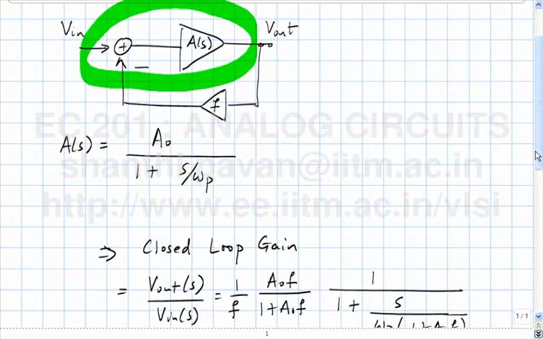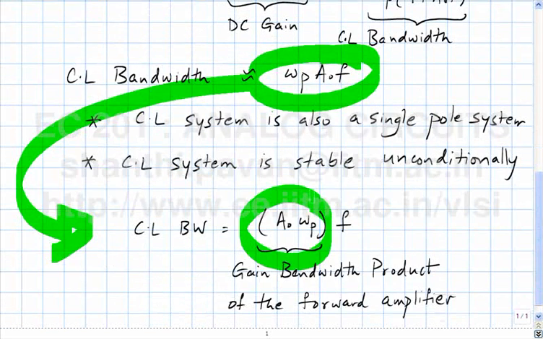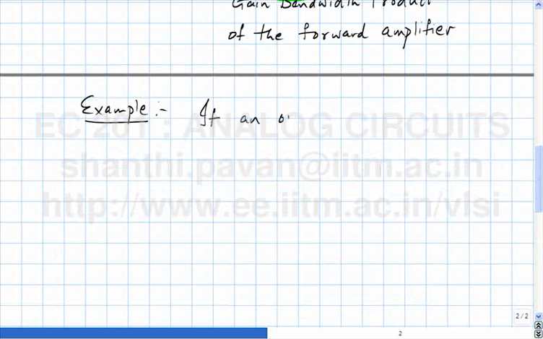On an op-amp data sheet, you will often find this number: they quote the gain bandwidth product of the op-amp. For example, the 741, which is a very, very popular operational amplifier, has got a nominal gain bandwidth product of 1 megahertz. That basically means that if an op-amp has a gain bandwidth product of 1 megahertz,